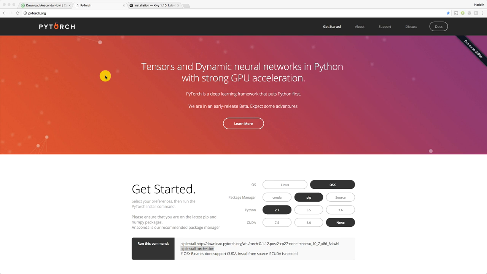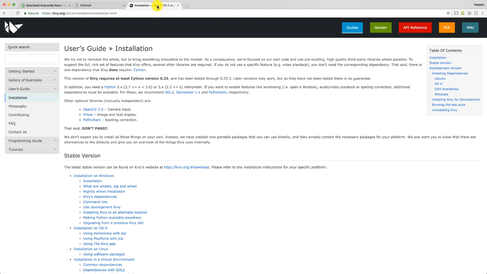Then the last thing we need to install, and that's not related to building an AI, but to make the app, to make the self-driving car app, because we're going to make a map with a car on the map on which we will be able to draw some roads for the car to stay in. Well, for this we need Kivy. And so that's the second link here. I'll provide the link right after this tutorial on some article, but that's the link you have to go to,